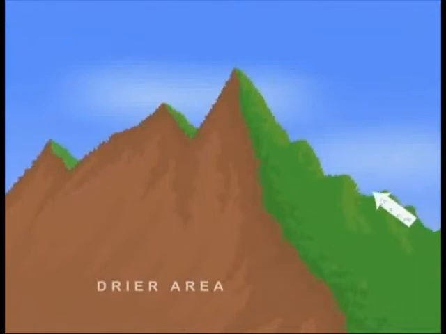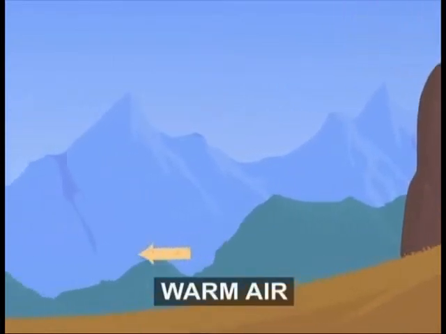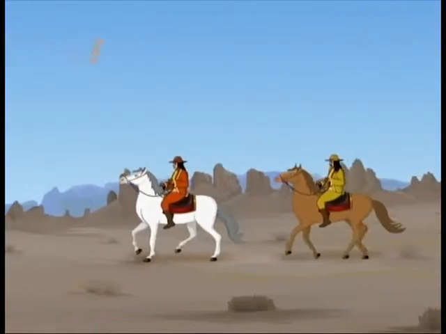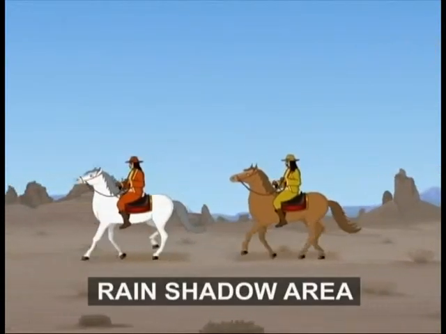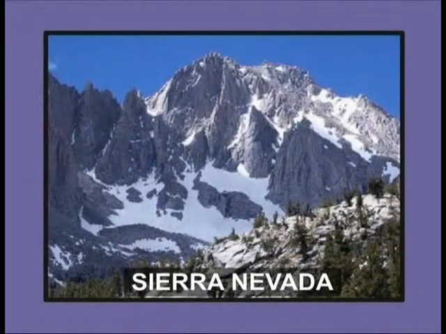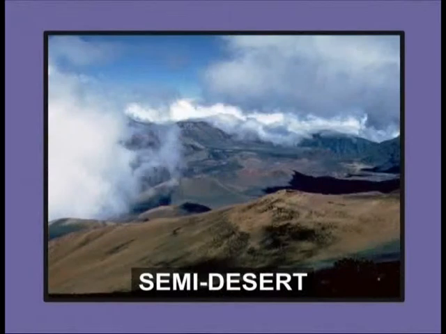In contrast to this, the mountain range facing away from the prevailing wind direction is dry, because as the wind descends the mountain, it has already lost most of its moisture. In addition to this, the descending wind starts to warm up and increases its ability to hold water vapor. This drier area behind the mountain range is called the rain shadow, or the leeward side of the mountain. The Sierra Nevada in California in the USA casts a huge rain shadow, creating semi-desert conditions in the mountains and valleys